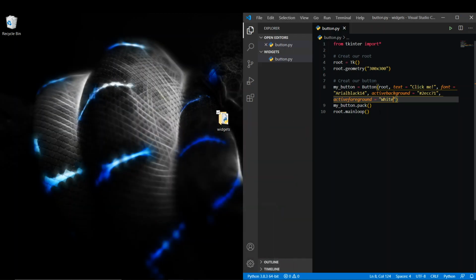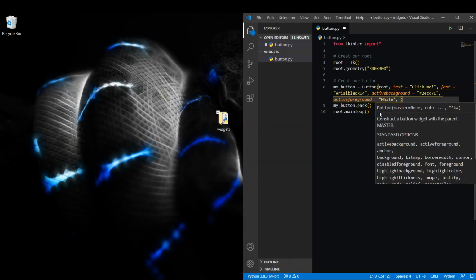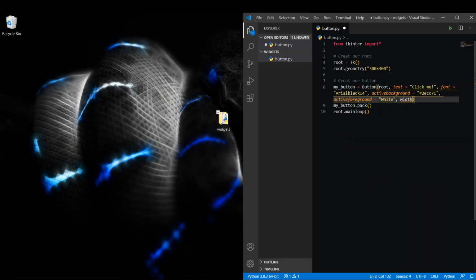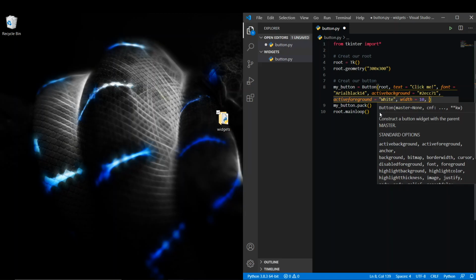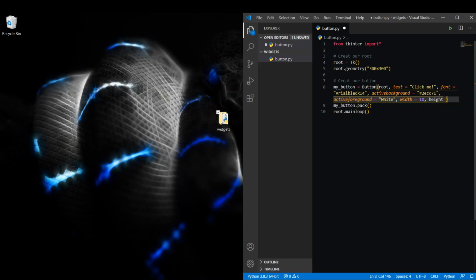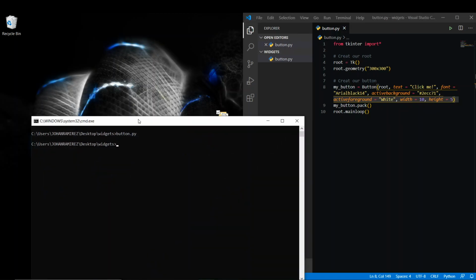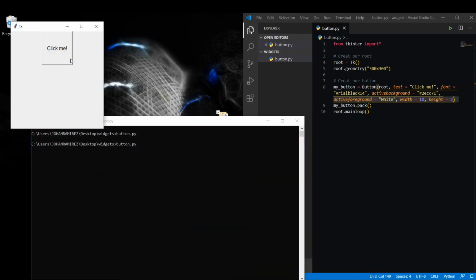And you can use other properties like width equal 10, for example, and height equal 5, and run. You can see the change here,